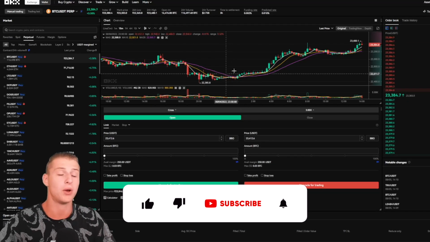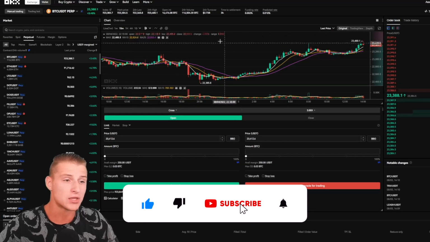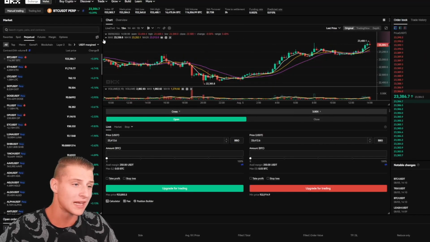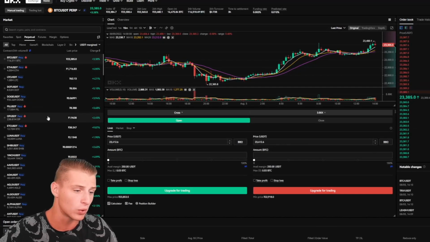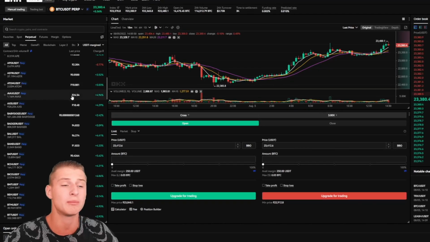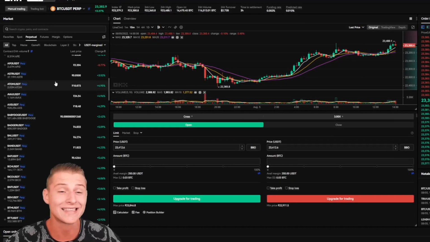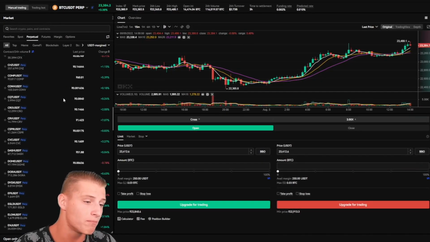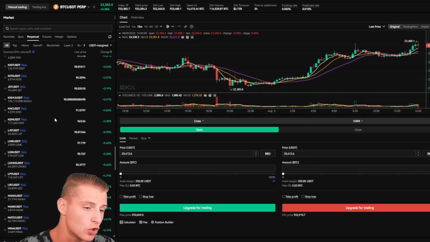But with that out of the way here, I want to be talking about how you could execute these trades, right? So on the left side, you can see all the perpetual swaps we're currently having. You can see many altcoins are in this list. So if you do want to be trading altcoins, OKX is definitely the right exchange to be. So you can clearly see there are many different altcoins on the left side what you can be trading, and